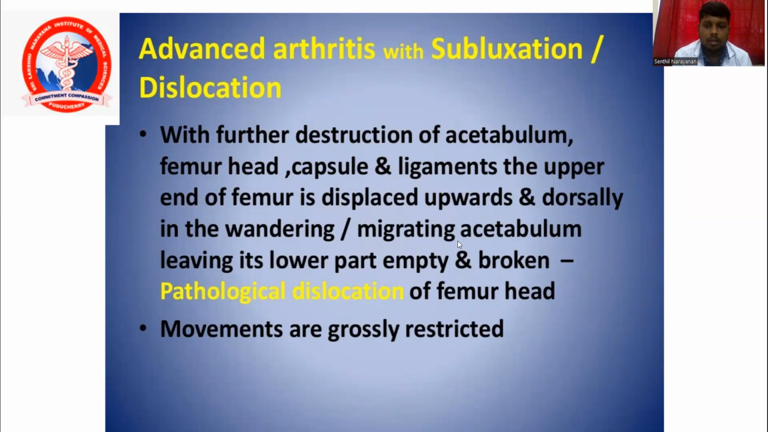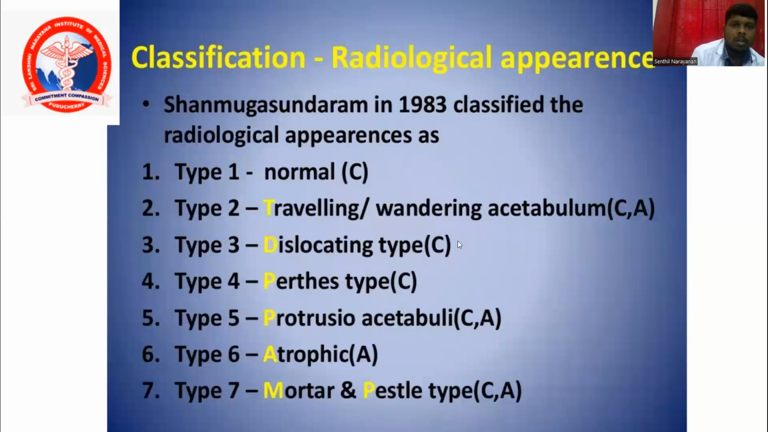So pathological dislocation of the femoral head. Movements are grossly restricted. So the acetabulum is grossly, severely destroyed. Along with the femoral head, the acetabulum has migrated dorsally, upwards and dorsally, called migrating acetabulum. So on the classification, the radiological appearance classification, Shanmugasundaram in 1983 classified the radiological appearance as type 1 normal, type